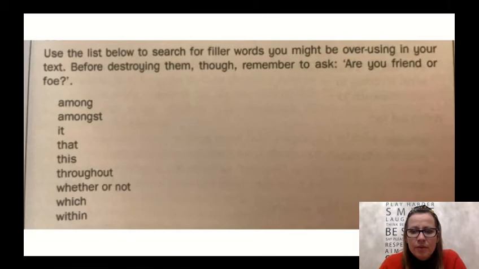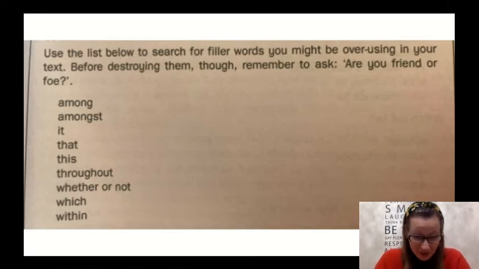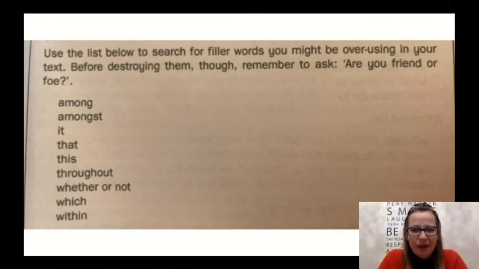So what the book has done is it's used a list for filler words that you just might be overusing in text. And Mewburn et al. talk about asking, are these words a friend or are they a foe? Are they really needed? So on this slide, you've got a number of different filler words, which as